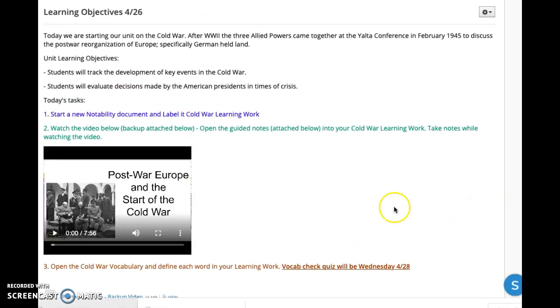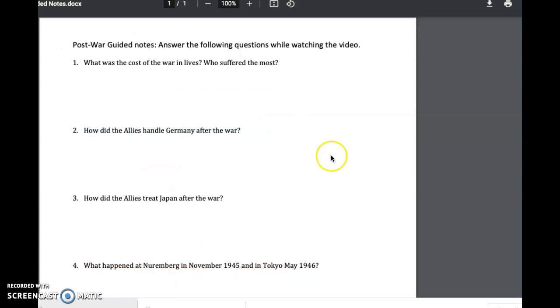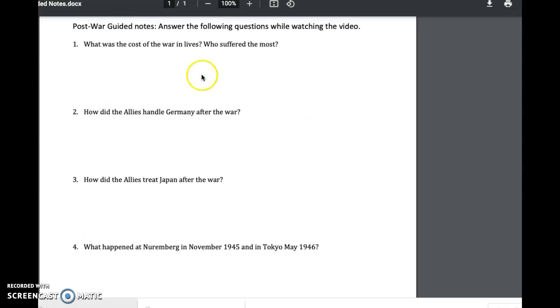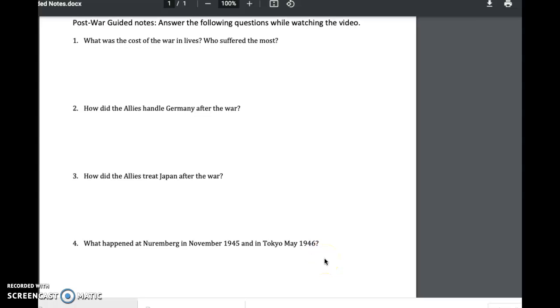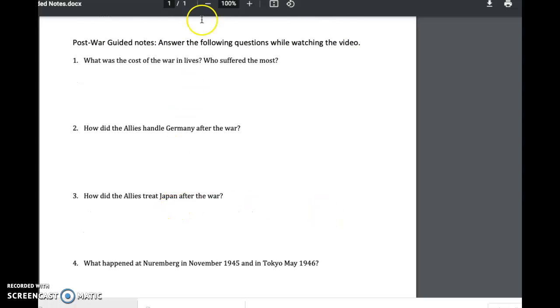Just to clarify one more time, you are going to watch this video right here as you are taking notes on this note sheet right here. So we're going to look at what was the cost of war in lives and who suffered the most, how the Allies handled Germany after the war, how did the Allies treat Japan after the war, and then ultimately what happened at the Nuremberg in November of 1945 and Tokyo in May of 1946, because those are some key things that happened there. So you're going to take notes on these 4 things as you watch the video,